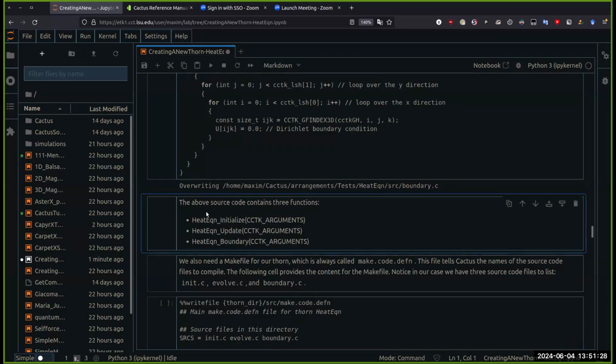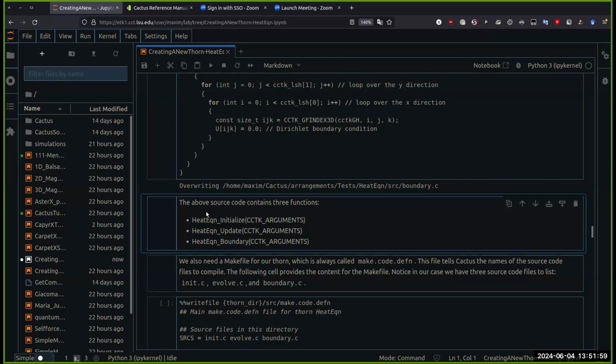Are those the boundary points? So the boundaries and the ghost zones are distinct. The boundary is where the grid ends. There's nothing beyond it. And the ghost zones are different. If you have two nodes and you're splitting up the grid function between those 2 nodes, and say I'm on the edge where the split has happened, and I need to get data from over here, that's a ghost zone. Right? We're copying data back and forth. But an actual boundary itself